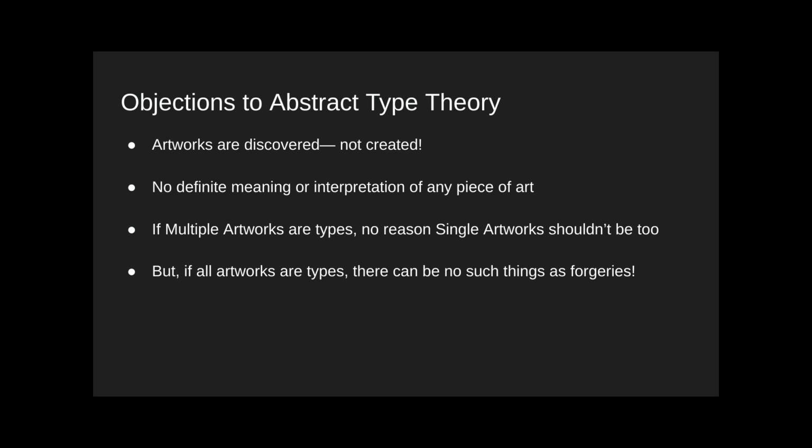Just like no one should really care whether your copy on your CD of a song is the same as my copy on my CD of the song, because it's not like one is the original. They're just 2 different instances of the same abstract type. So those are some challenges to this theory that some artworks are abstract types. But if you want to reject that theory, then the problem is trying to give an account of how things like novels and music and prints can be identified by some physical object